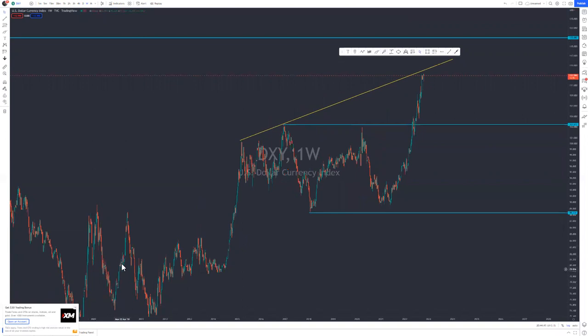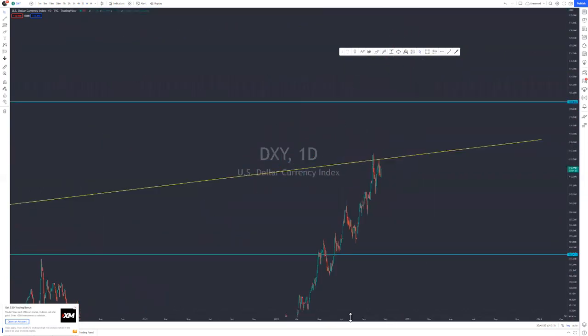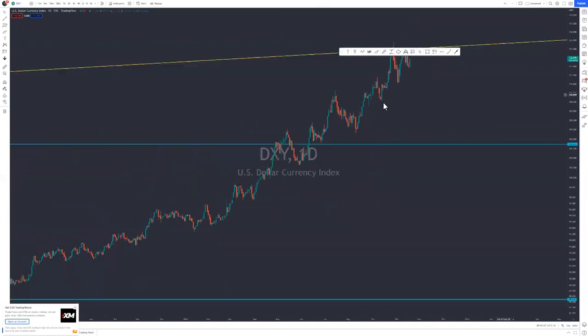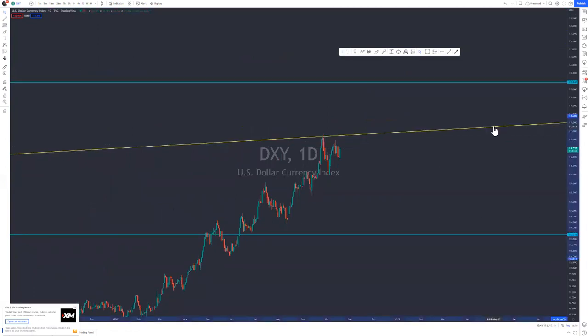So guys, after the weekly, we have to jump to what? We have to jump to the daily time frame. There's nothing special about how we're trading. This is just a top-down analysis. So on the daily, guys,